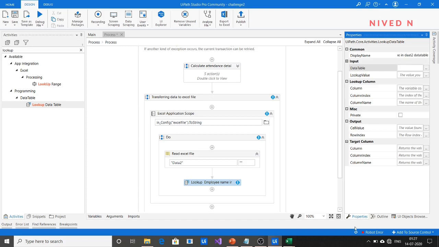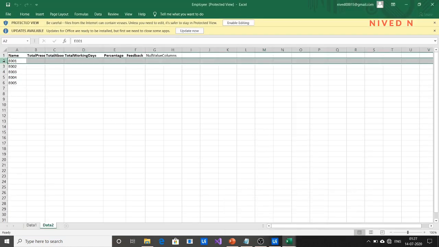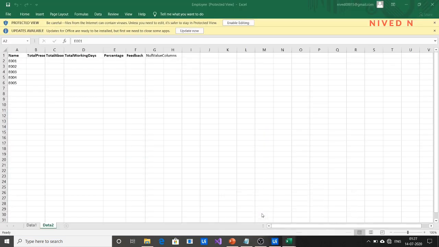Here we know that the data table is this, because in this data table itself we want to find the row index of the employee name, etc. So just specify the name of the data table here. Name of the data table is data2. Now the lookup value: what value do you want to look for in this data2 table? We know that the value that we want to look for in this data2 table is the employee name.